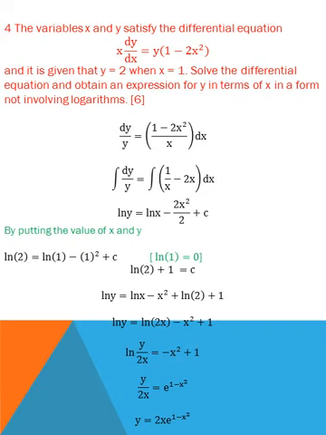So by putting the values of x and y in order to find the value of c, the value of y is equal to 2 and the value of x is equal to 1, which is given in the question. When I simplify this, I will find that c is equal to ln of 2 plus 1. Take the exact value of c, do not use a calculated value. Don't use a calculator here, otherwise the requirement given in the question will not be met. So ln y is equal to ln of x minus x square plus, putting the value of c here, ln of 2 plus 1.